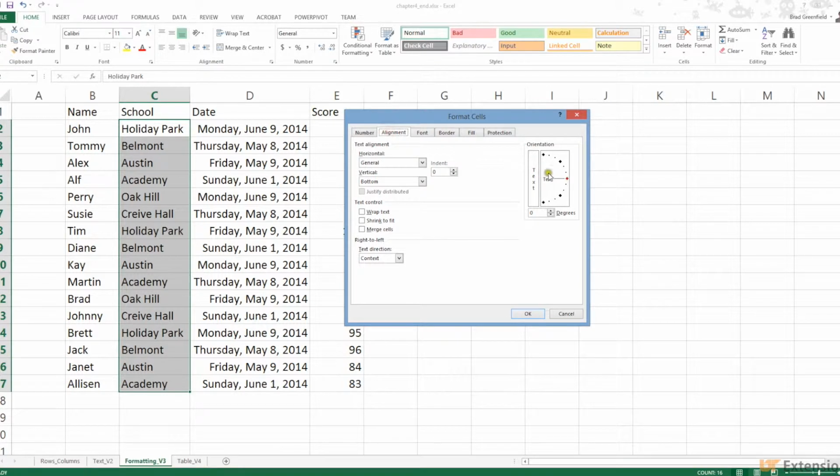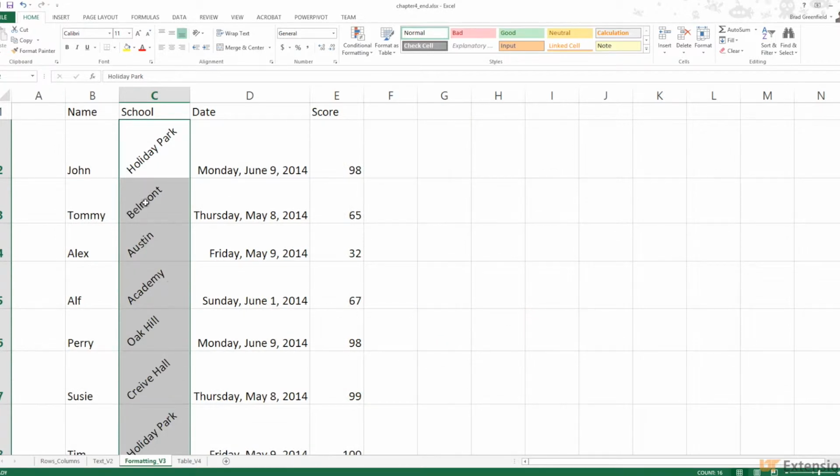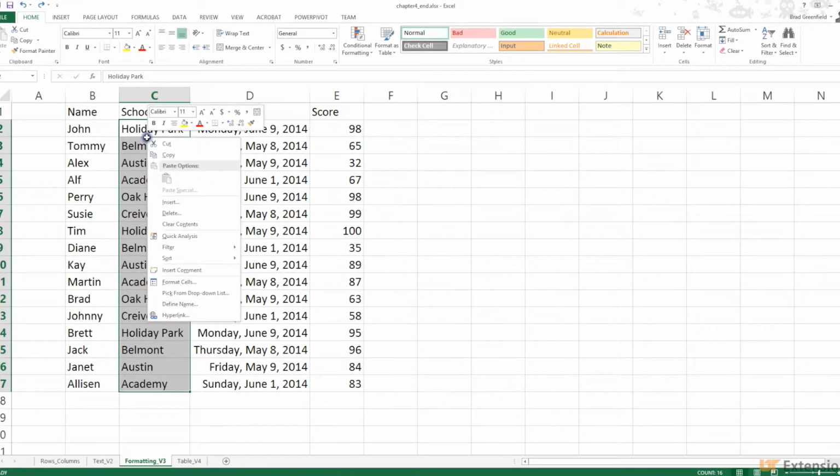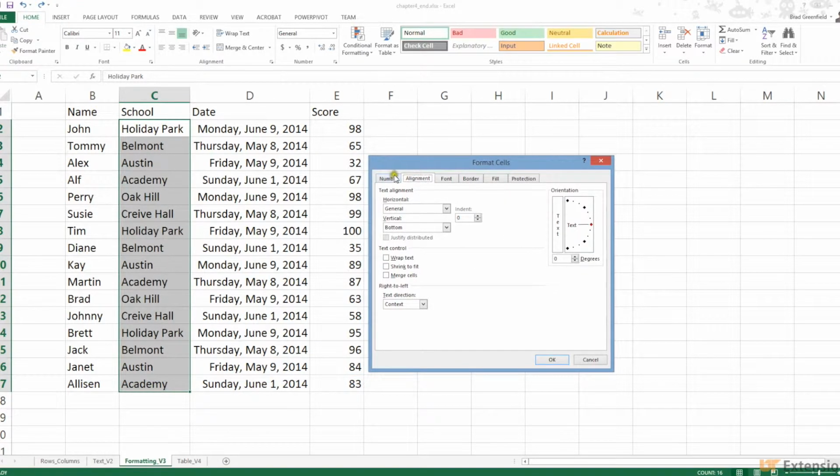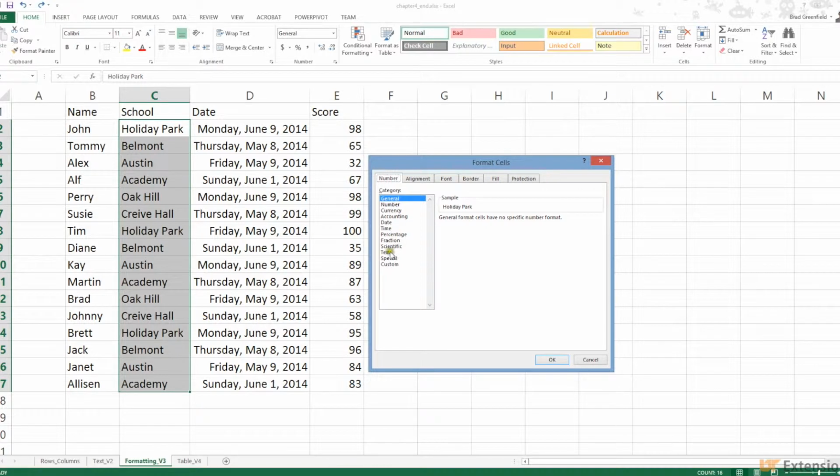We could go into an alignment here, and we could change these. Change that text alignment, click OK. So now we see that kind of angled effect that we had before. I'll go back in here and format some more, and we'll go back into